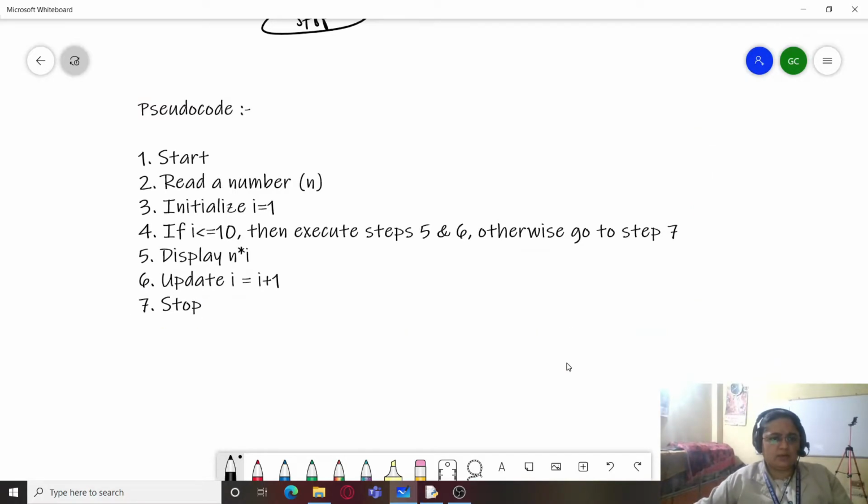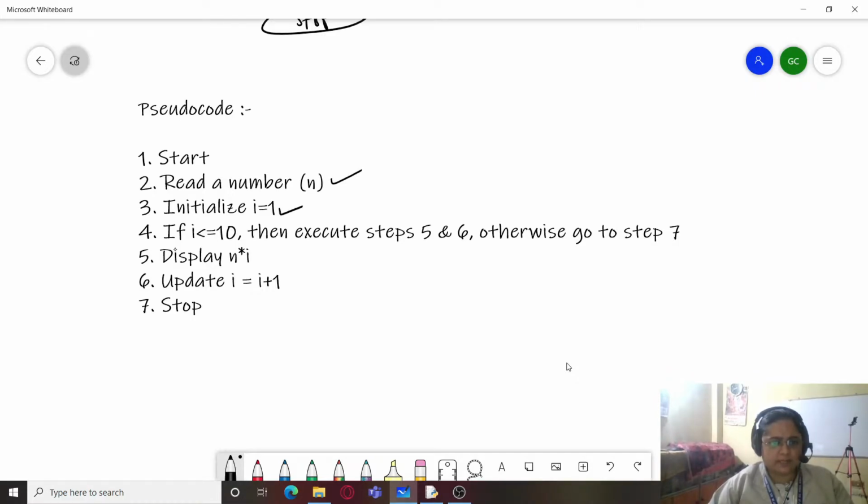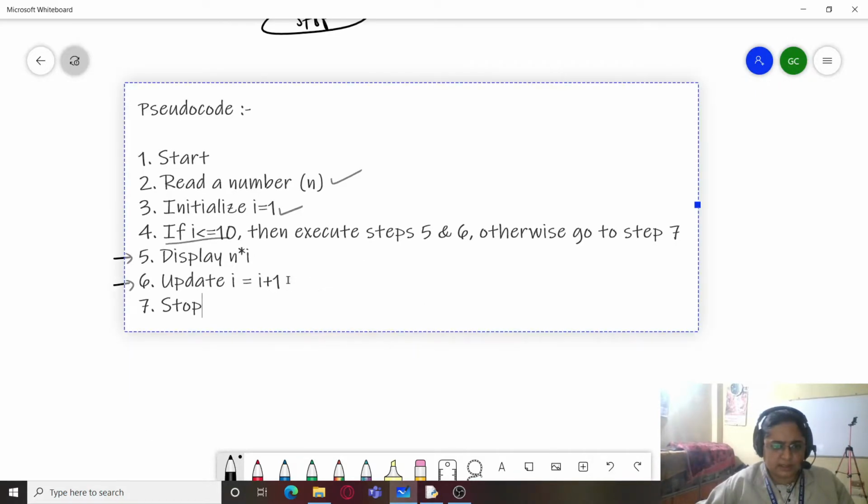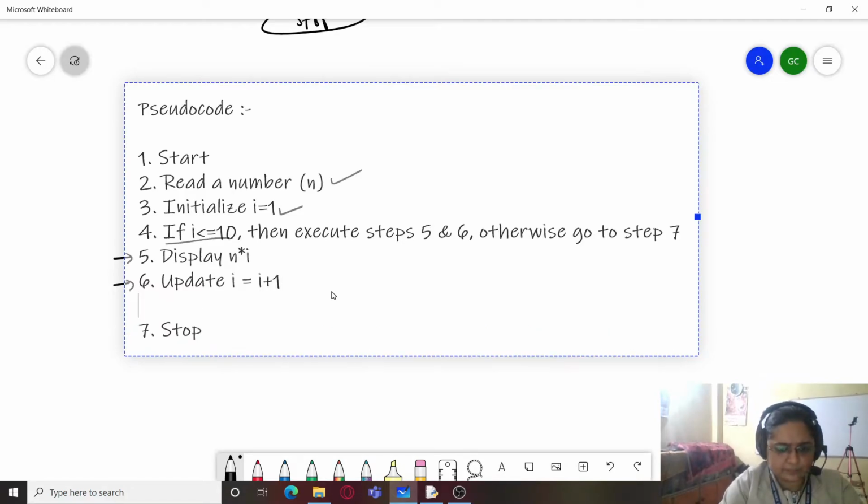So you can see very well over here that first we will start, we will read a number n, we will initialize I by 1, we will check if I is less than or equal to 10. If it is so, then go to step 5 and step 6, execute both of them, that is display n into I and update the value of I. And okay, one more step I have missed over here, that is, this should be go to step 4 and this should be step 8, and here I will write step 8.